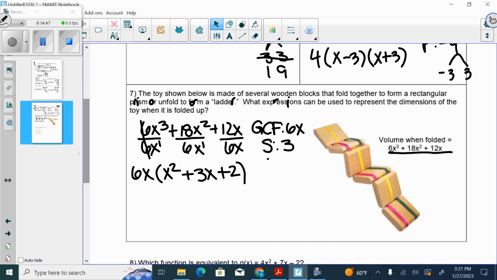Okay. So now that we've taken out the GCF, what's our sum? Good. And what's our product? Good. All right, so what multiplies to give us 2? 2 and 1. And will 2 plus 1 give us our sum? Yeah. Okay. So what am I going to write down first? 6 what? 6x. Very good. So we got our GCF. Then for our parentheses, we're going to have,